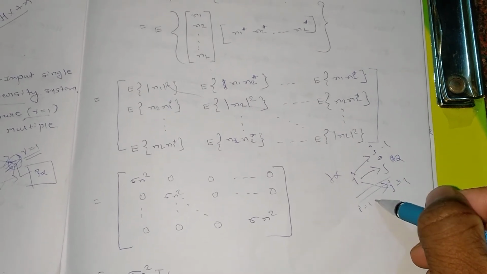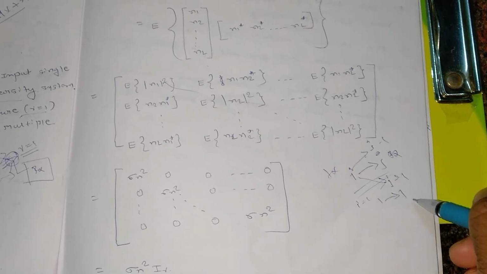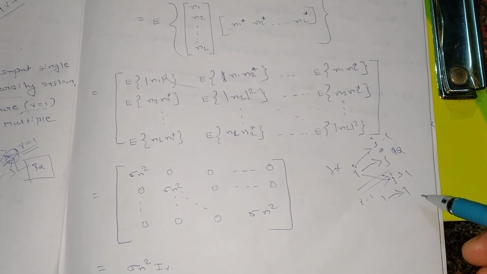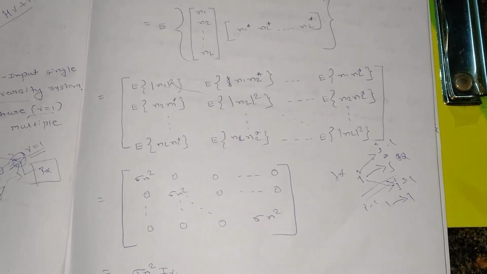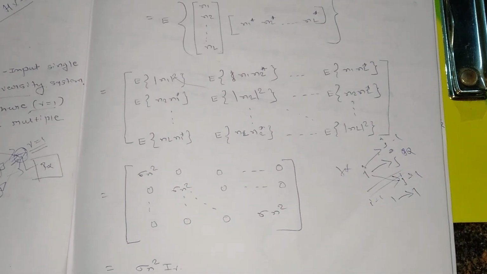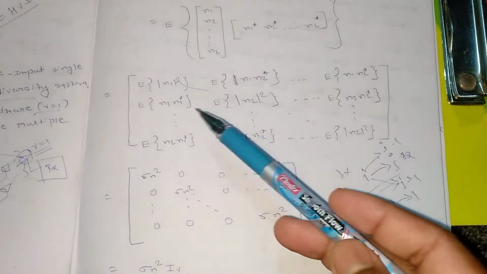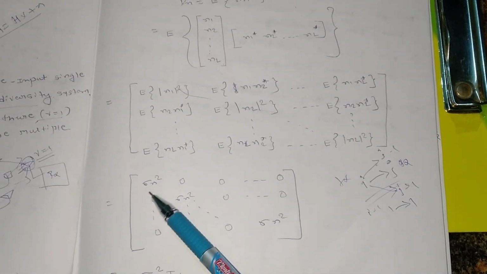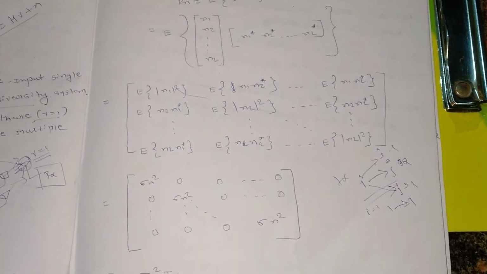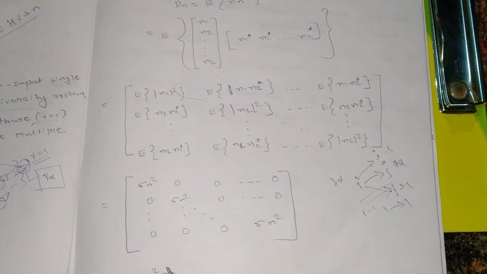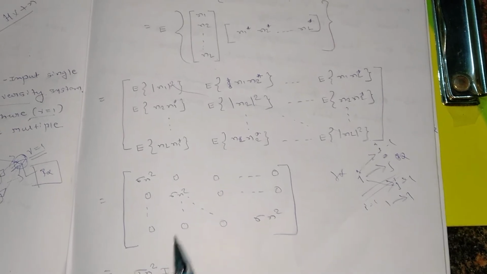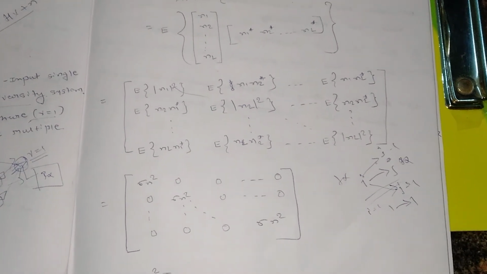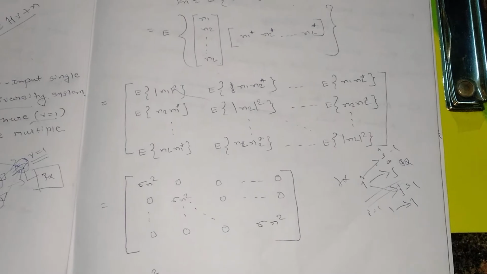If i is equal to j is equal to 1, then the first transmit antenna and receive antenna will be sharing a covariance, so that it will be easy for me to receive the signal at the receiver. So that's why we will be generating these types of mathematical models as well. So I will represent the covariance of this one with the help of this notation here. I can use anything, but here we'll be using sigma n square, and this I can write in terms of the identity matrix. So sigma n square, when multiplied with the diagonal identity matrix, I'll be getting something like this. So this is the simplification which I can do.